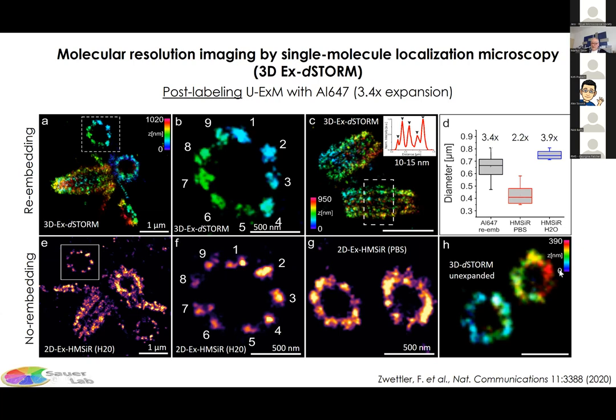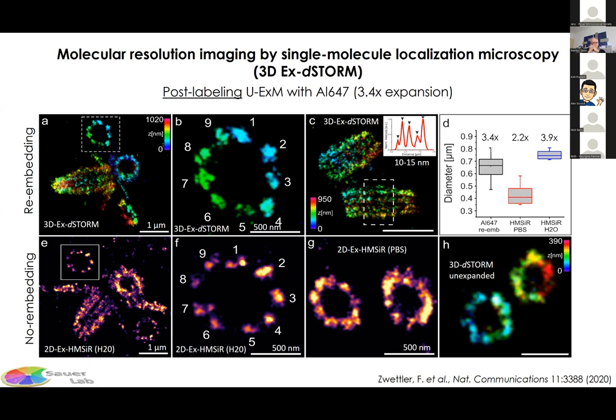And this is an unexpanded 3D dSTORM image just for direct comparison. Well, there are other fluorophores available on the market. They do not require the addition of any buffers. For example, this spontaneously blinking HMSiR, a silicon rhodamine derivative, which shows spontaneous blinking at pH 7. So we also tested this, but the quality of images we could generate never outperformed the images we achieved using